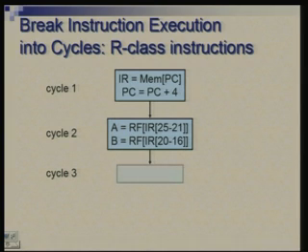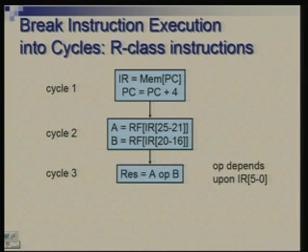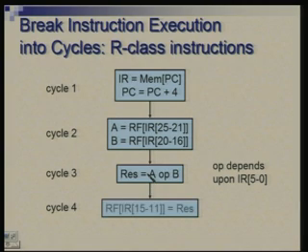The next clock cycle for these instructions would see the actual operation being performed by the ALU. So, I have written in a generic sense A OP B, where OP is the operation as guided by the function field of the instruction, IR 0 to 5, and the last cycle will involve transferring this result to the register file. The address comes from bits 11 to 15, which corresponds to RD or the destination register. So, this is how things have been divided, and we have made a careful choice of what gets done concurrently and what gets done in sequence.